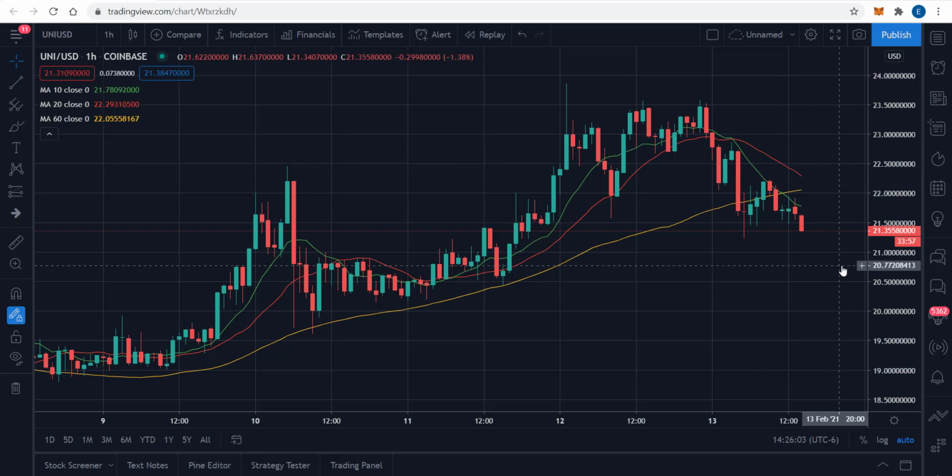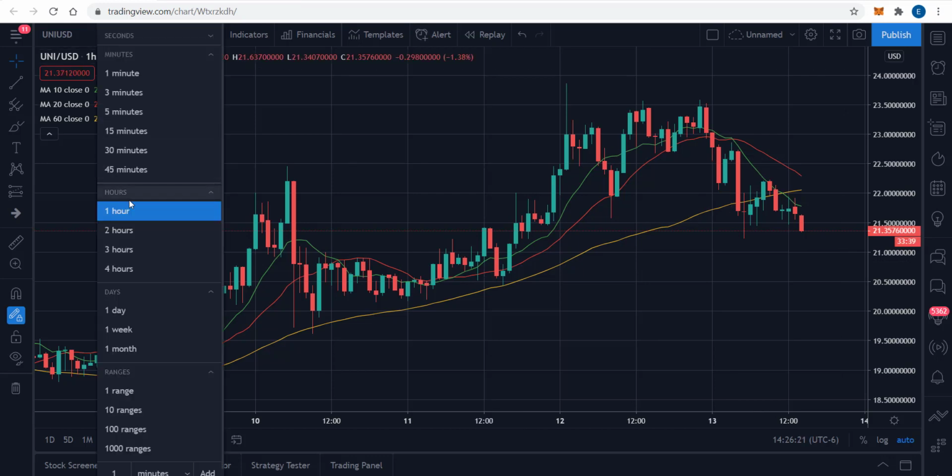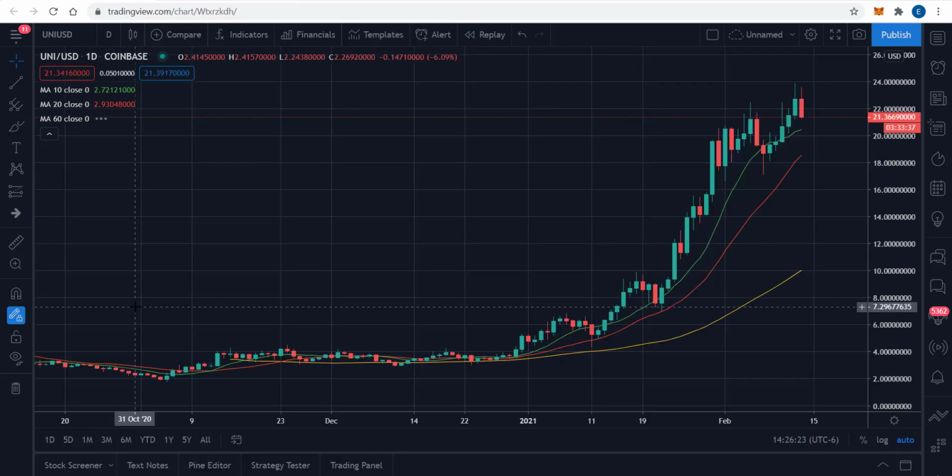I'd call it confusion when all three moving averages are sort of crossing each other and not in line. I prefer to wait for them to be in line so that you don't get chopped up in a trade over one or two bars that can change the significance or the slope of these lines. And then, of course, at the 1 day level, it's buy all day long.